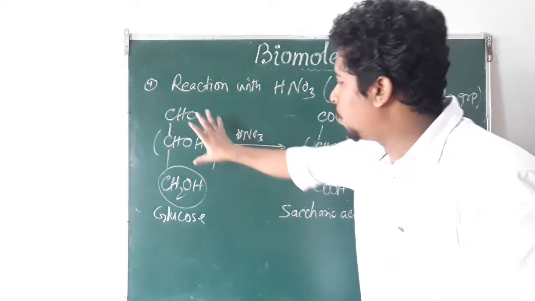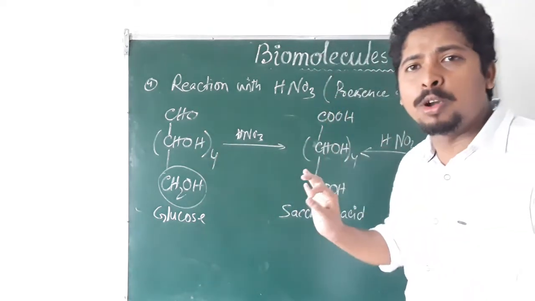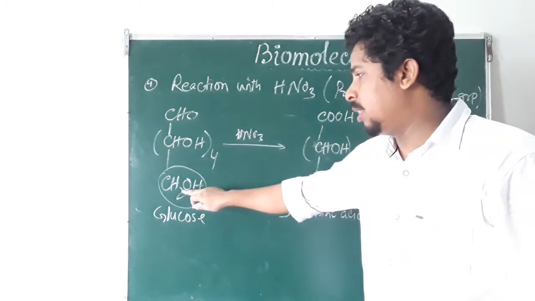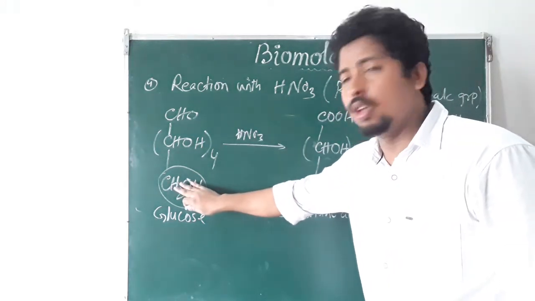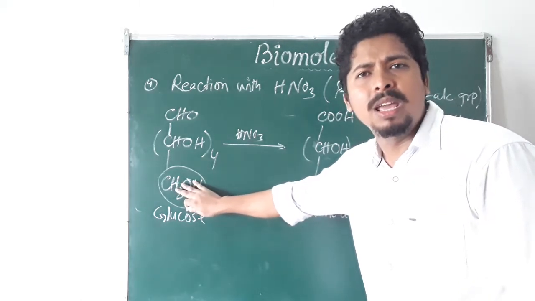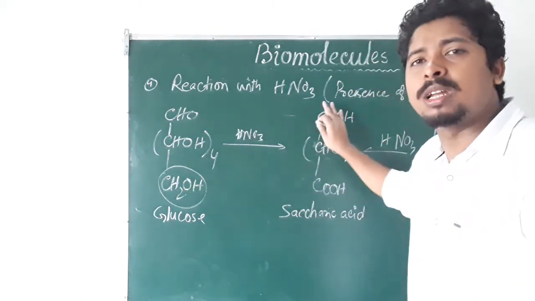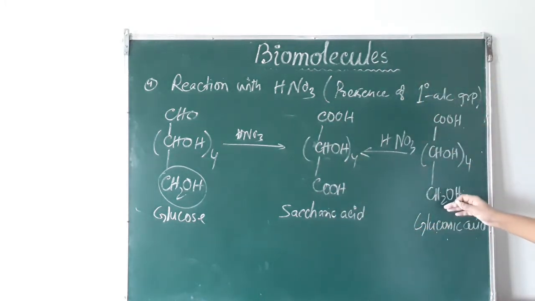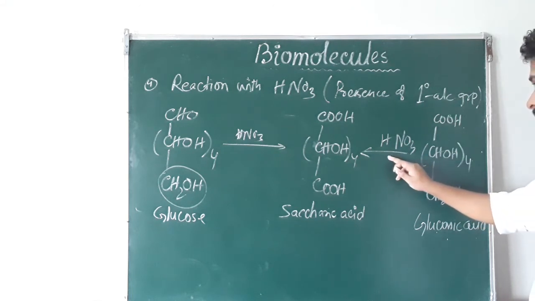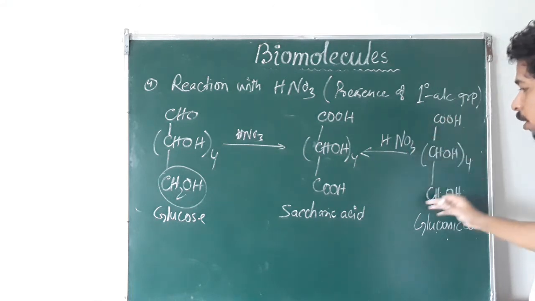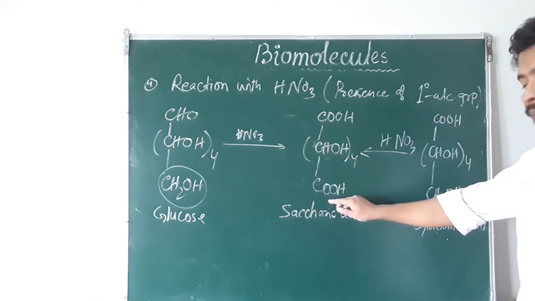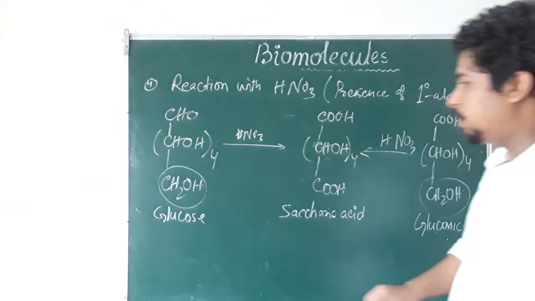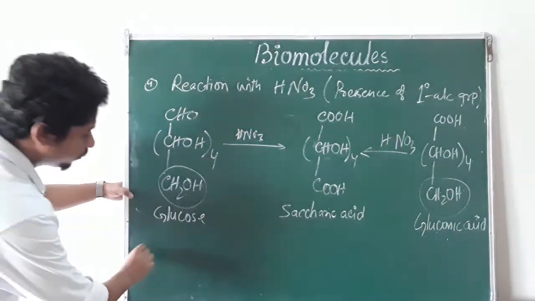But here you see from glucose to saccharic acid, the number of carbon atoms is the same, which indicates that the alcoholic group in glucose is a primary alcoholic group, because the number of carbon atoms is the same. Similarly, gluconic acid, if we oxidize it with HNO3 nitric acid, will convert into saccharic acid having the same number of carbon. So from this reaction, we can confirm that